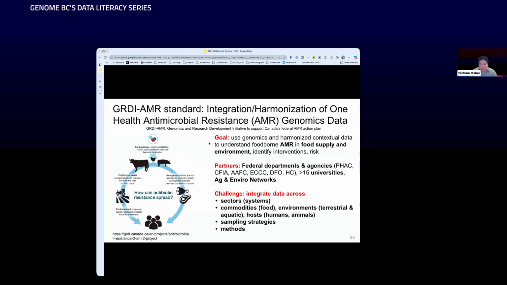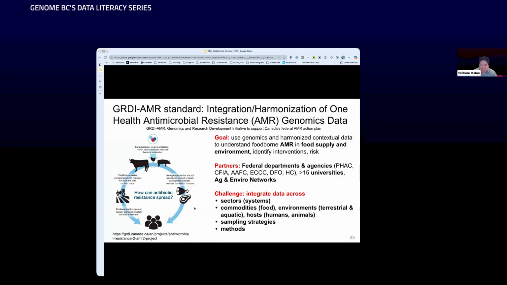this approach, in the last, I would say, about 10 years now, with some interruption during the pandemic, to AMR standards. This is a project with a number of federal departments and agencies and more than 15 universities and some agricultural environmental networks. The goal of this project is to use genomics and harmonized contextual data to understand foodborne antimicrobial resistance in food supplies and in the environment, and identifying interventions and risk associated with these